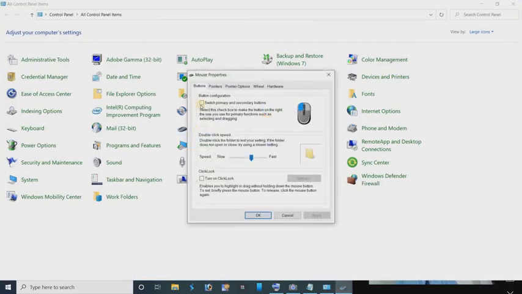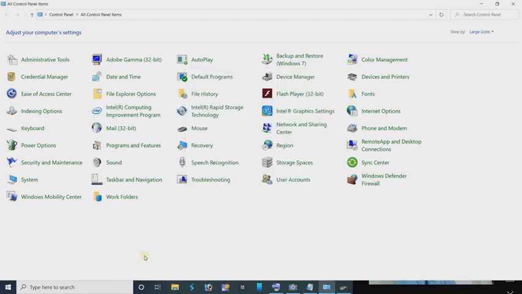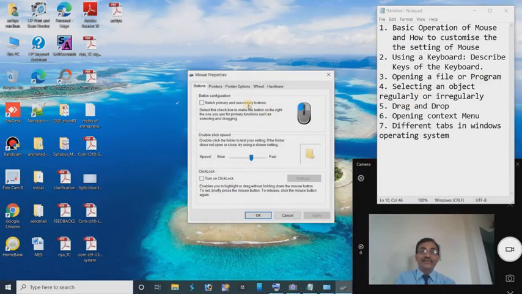Now you are looking here, Switch primary and secondary buttons. This has been defined only for the left-handed person. When we click it, the left button will be treated as the right button and the right button will be treated as the left button.